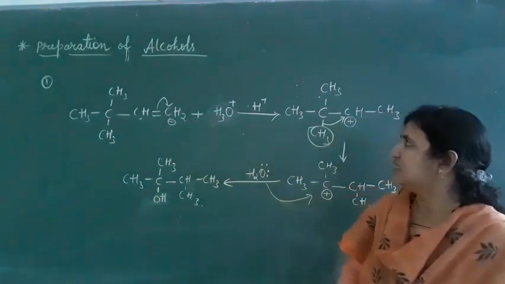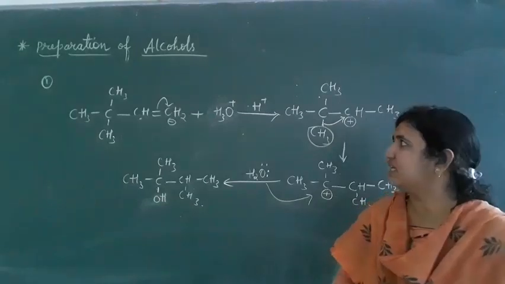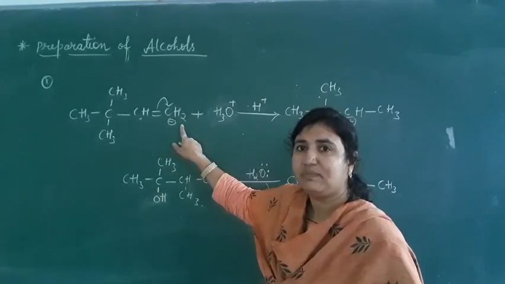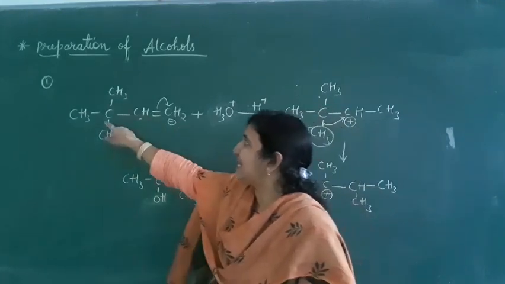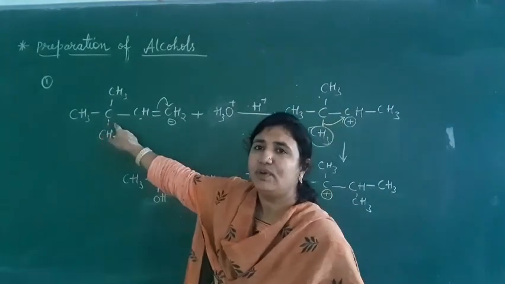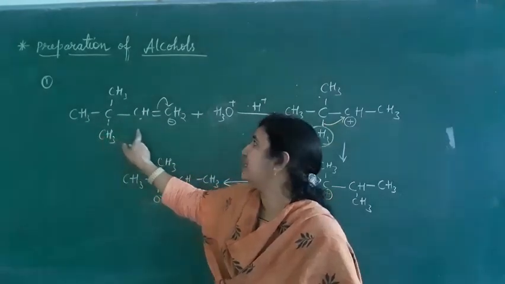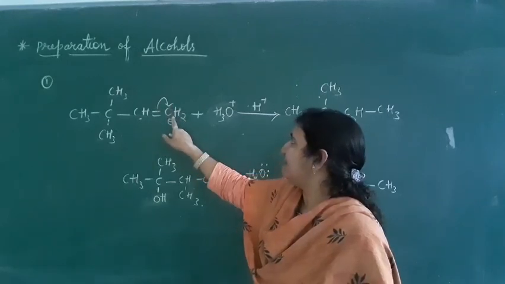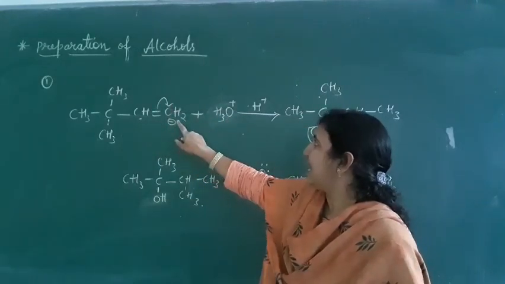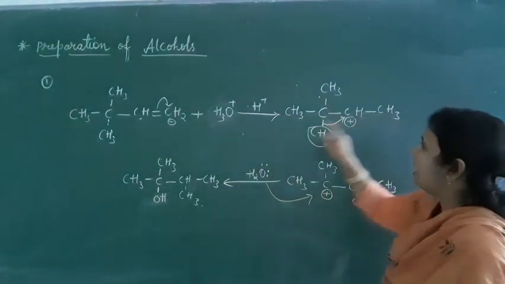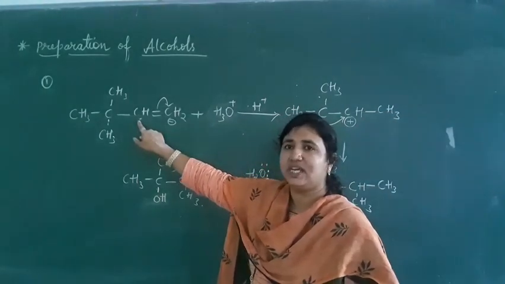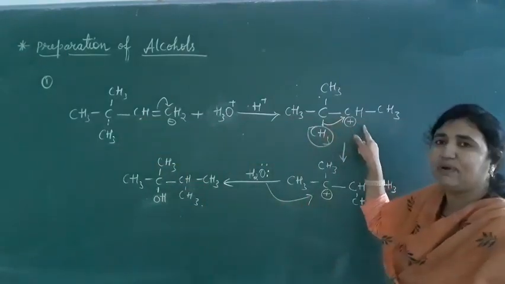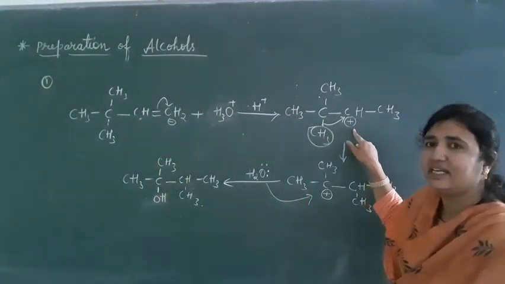Okay, so now on this we want to do hydration, meaning the OH should come here and H should come here, but that also will be wrong here. Why? Because beside that carbon we can convert it into a tertiary carbocation. How? In the first step, the pi electrons of this CH2 will come here, hydronium will attack, it will convert into CH3, and this carbon will get a positive charge. So we will get a secondary carbocation here.